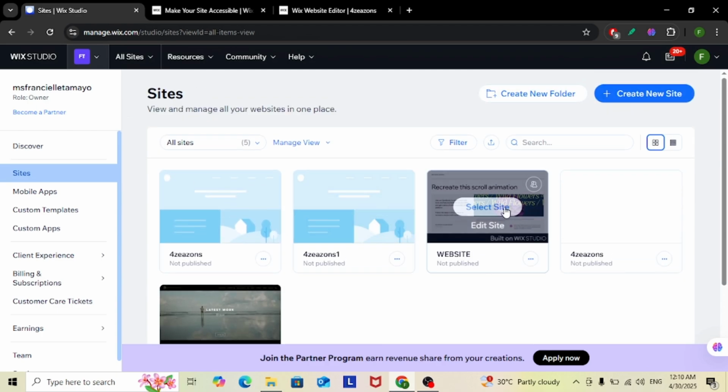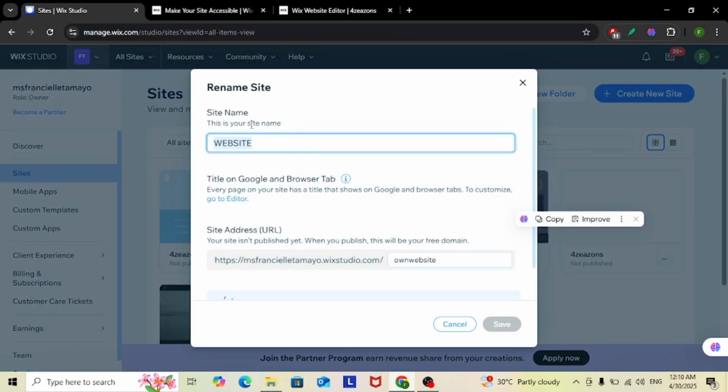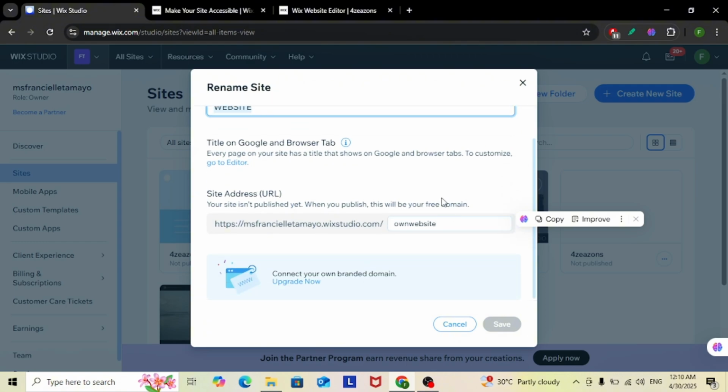From here, just select the site that you want to rename, and then click on this ellipsis button. This is your site actions. Just click on that, and then you can see this rename site. Click on that. After that, just change your site name from here, and then you may also change your website